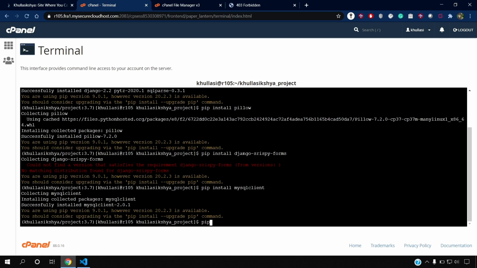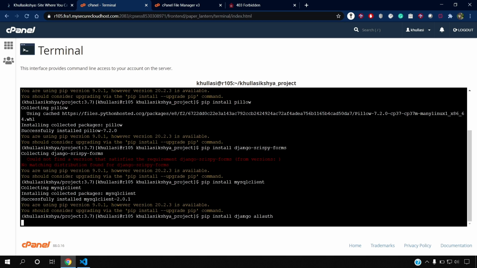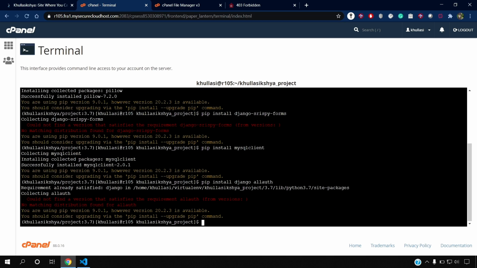I have installed the social auth app, that is pip install Django all auth. Oh, it's showing a mistake, sorry. Let's install this again. Django crispy form.